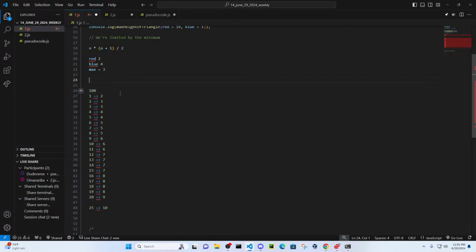I definitely see a pattern here. So if we have a minimum of one, we know that the max it could be is two. If we have a minimum of two or three, we know that the max ever will be three. If we have a minimum of four or five, we know the max can only be four. And then it's basically just seeing if the other ball has a certain number. If the other ball has at least